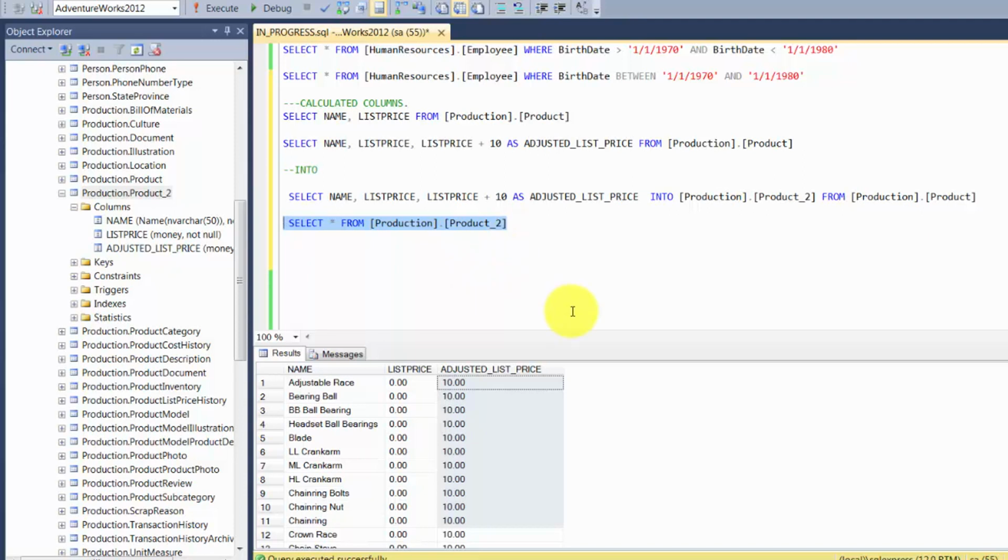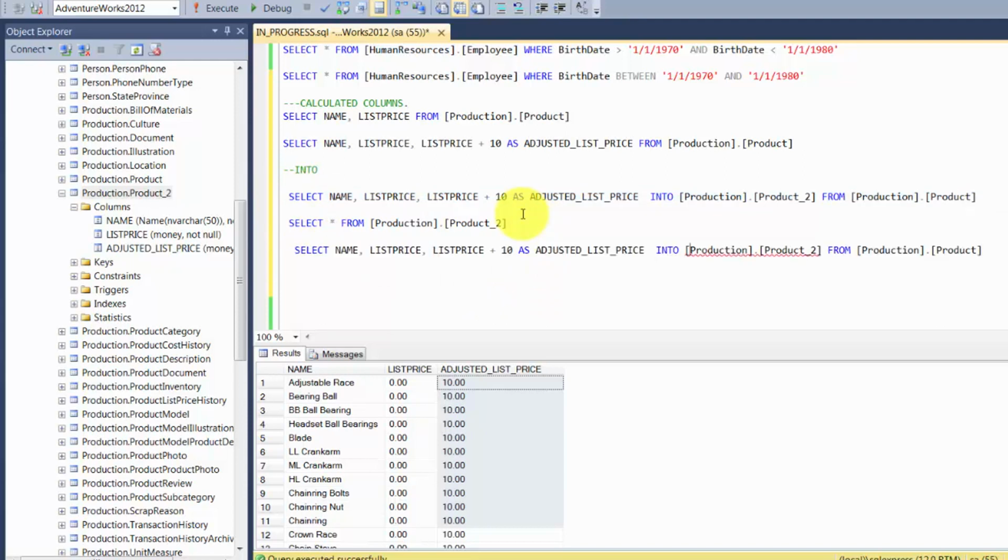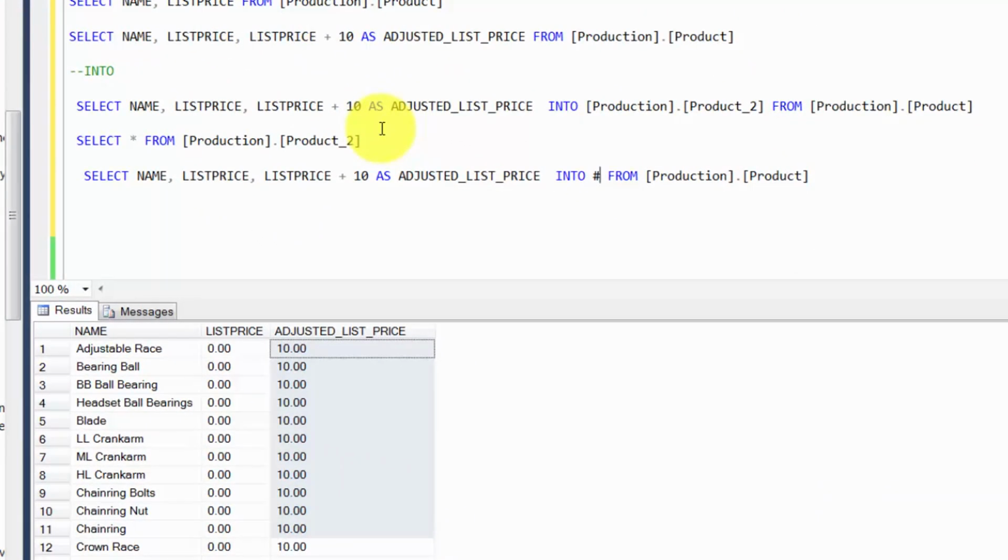What we just created is a permanent table, meaning this table is actually stored in the database. Whoever connects to this database can actually view this table, right? There is a second form of table that you can create called a temporary table. Temporary table, let me show you. Let me push this result into another table. Here, what I'm going to do is write hash followed by a table name, and I'll call this, say, temp name, something like this.